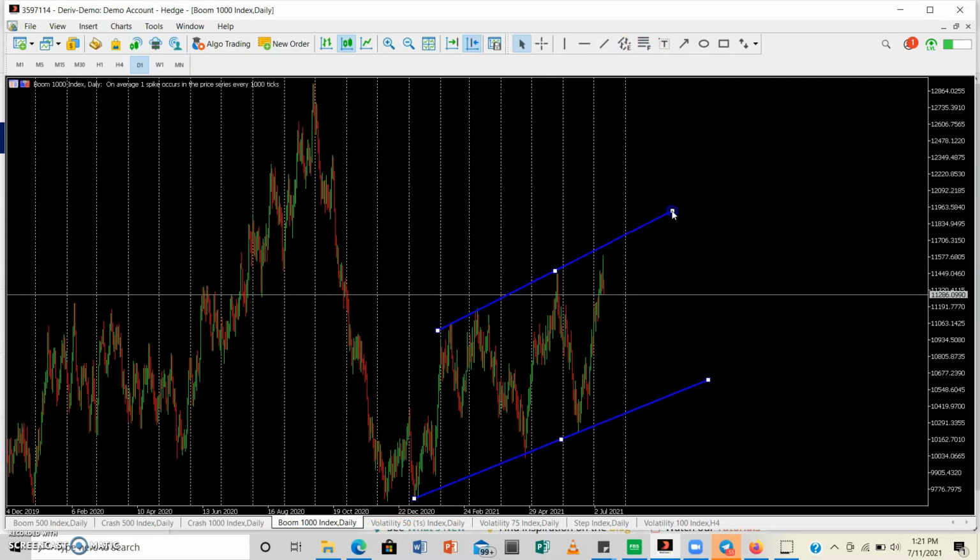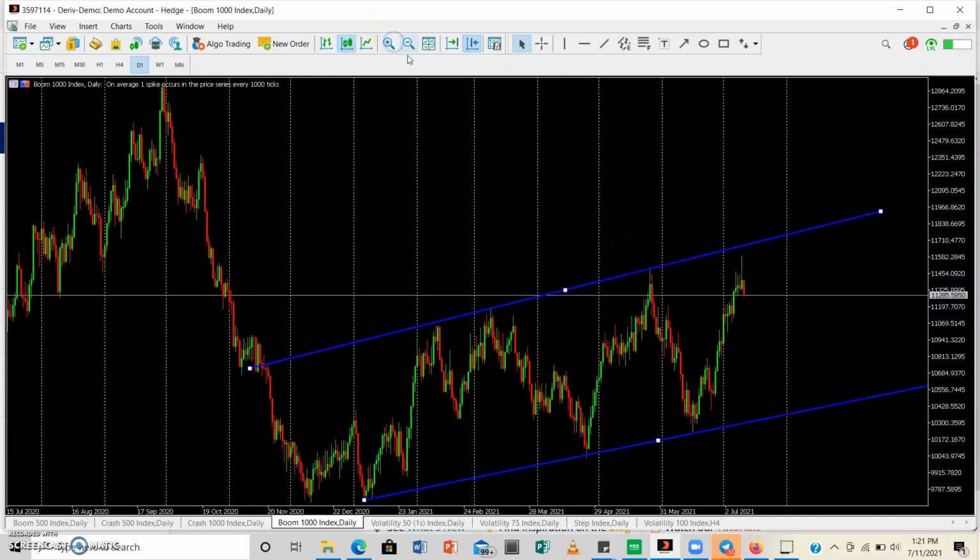You can already see some rejection candlesticks closer to our channel, and just for reference sake, this channel started off at this point, bounced, and then it did a break in to form this channel. So it has a nice market structure. If you extend it again, you can also see where it's really coming from. So this is a very much confirmed trend line that we have up there. I'm gonna start it off at this point, and I'm gonna zoom in a little bit so that we actually see what's happening.